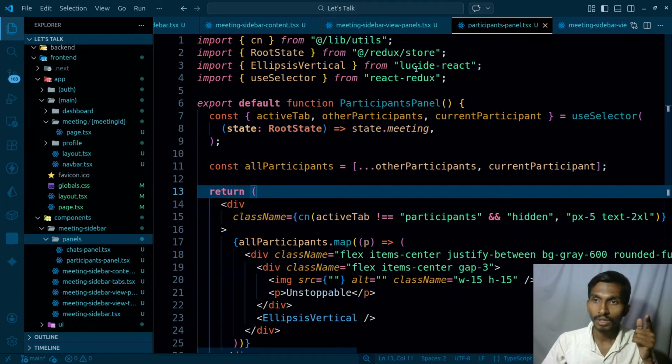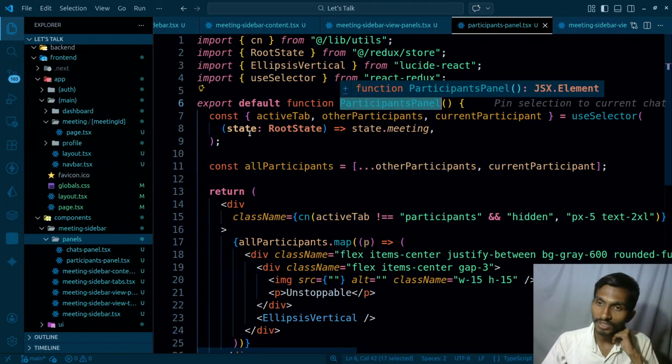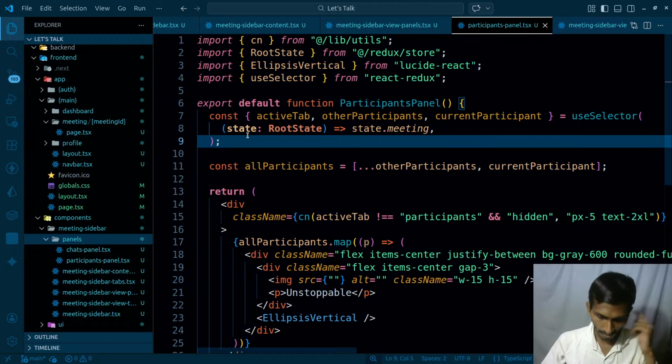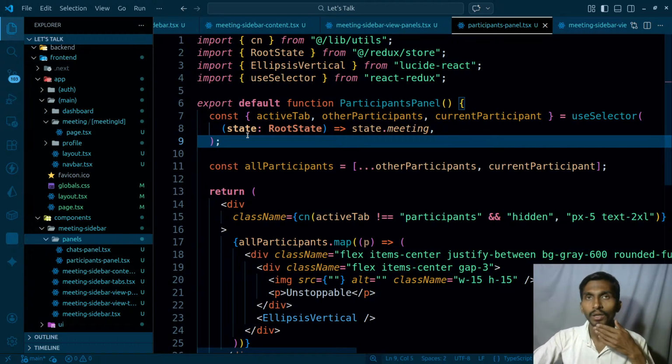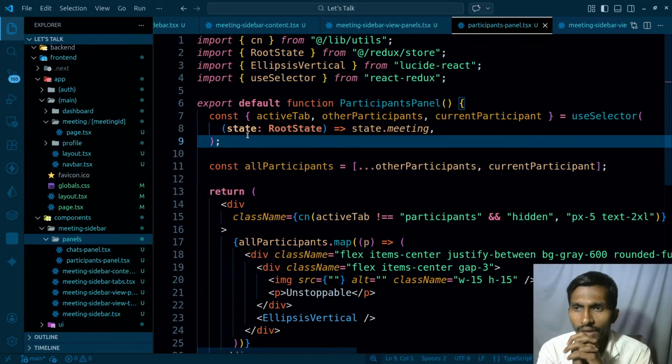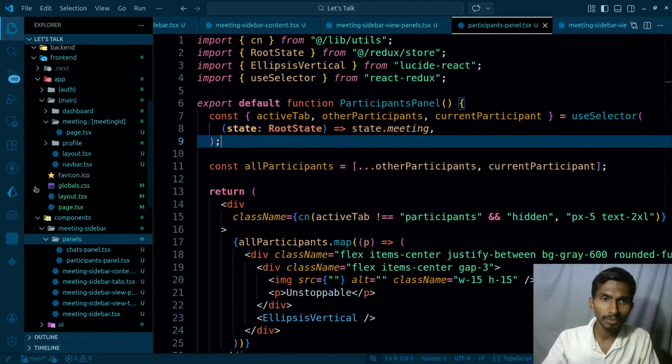This is going to be a participants panel, right? So all the participants who are here. Just give me a moment. I need to store the information of all the participants. Not really, that is not needed, or this may be needed. So let me do one thing. I'm going to store two things at a time: the profile picture and the name. These are the two most important ones. That means if I go to my